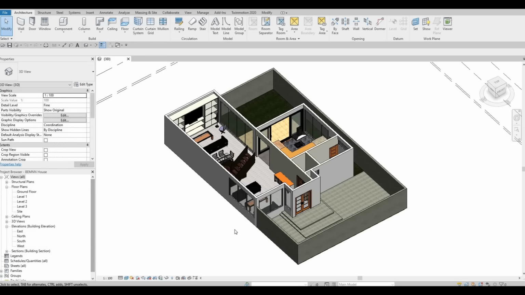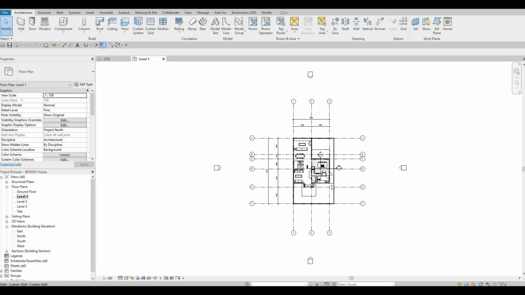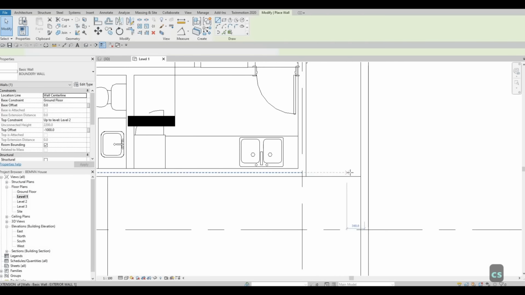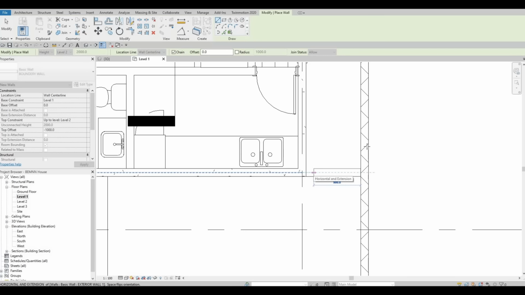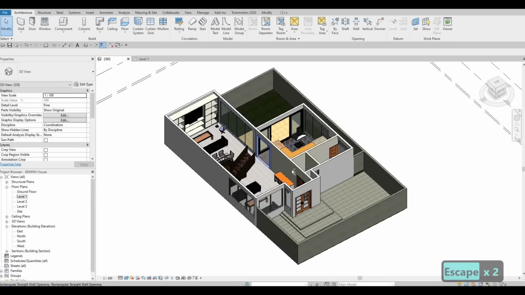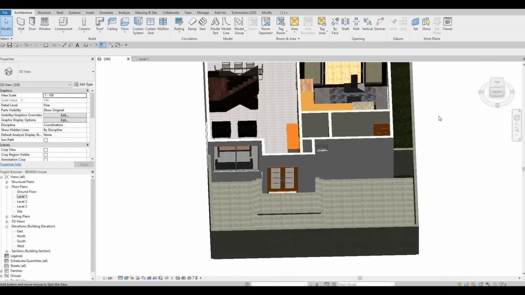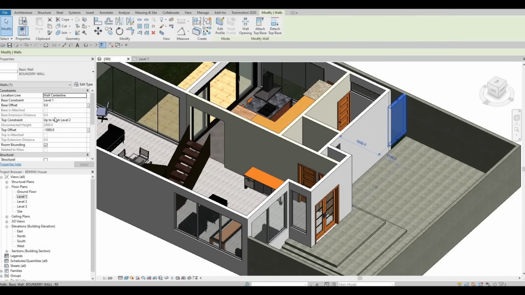So in the previous video, we were able to finalize the first floor and also all the surroundings, even the boundary wall. What I'm just gonna do is create a boundary wall around here. So I'm just gonna type in CS and I'm going to add the same wall as the boundary wall so that when we see it, we have something that looks like that. So I'm happy with this, and now we could basically continue